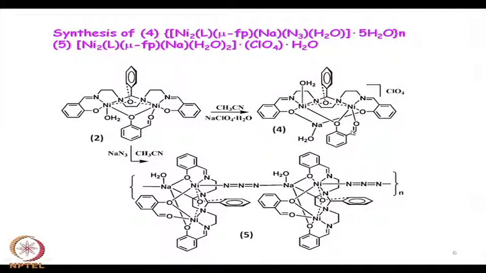So, instead of going for some protonation, because you have not provided any proton source to the system, you have provided instead a cation. This binuclear nickel site, because all the time when we talk in terms of the biological system, you have a large number of these cationic species. When we talk about the sodium pump or the potassium pump in the biological system in one cell, you have plenty of sodium sites.